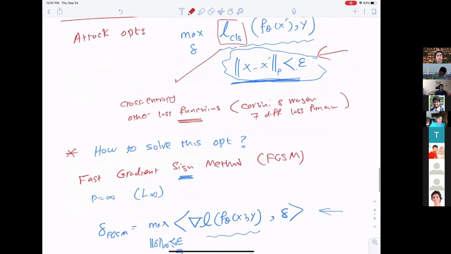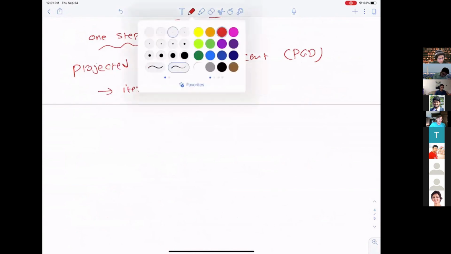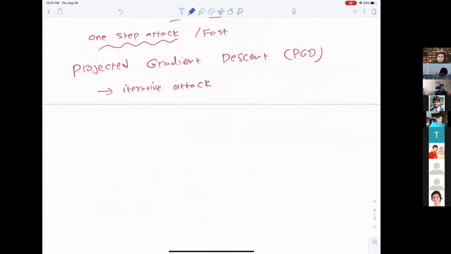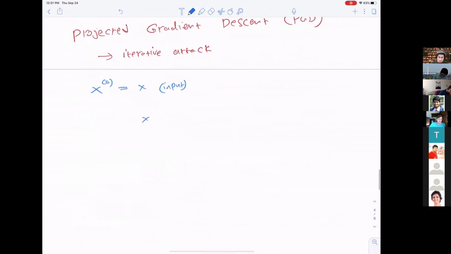So that's why it is called projected gradient descent. So the algorithm is in fact really simple. You start, let's say at iteration 0, from your input. And let's say at iteration t, you have xt as your candidate adversarial example,